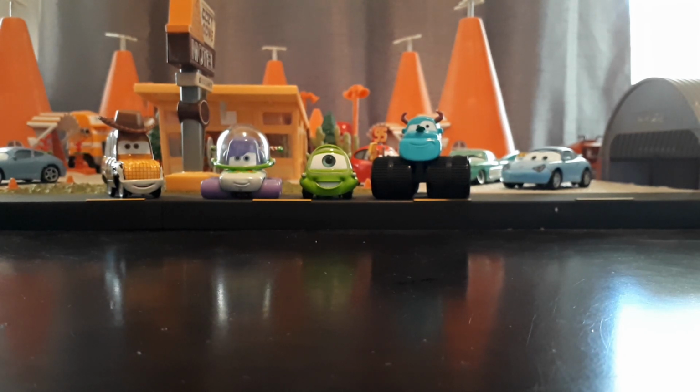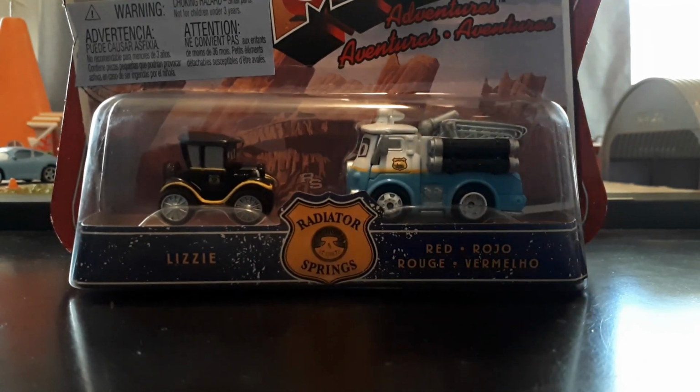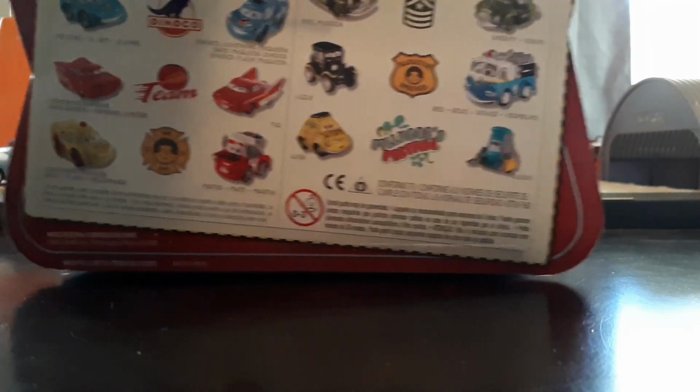So the last item for this segment of the Mega Haul before I cut away and come back with more stuff is this Mini Adventures 2-pack, which I believe is Radiator Springs Deputies or something, and it comes with Lizzie and Red dressed up as police officers, I believe. The Mini Adventures was home to all sorts of wacky designs. I think I am going to keep this in the package, at least for right now. I'm not entirely sure what exactly these are supposed to be,